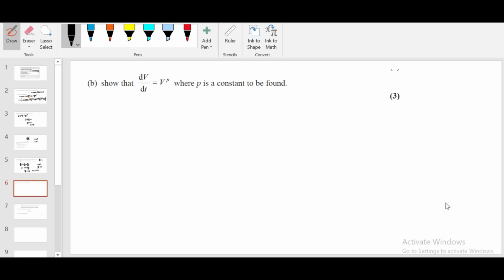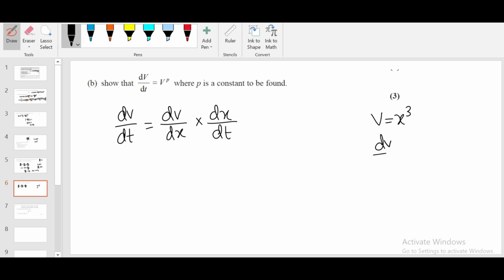Part B says, show that dv by dt is v power p. What's the formula for dv by dt? We know v is equal to x cube. So the formula is dv by dx times dx by dt. We can calculate dv by dx from here by differentiating it. We will get 3x square. So it is equal to 3x square times, we calculated dx by dt in the previous part,